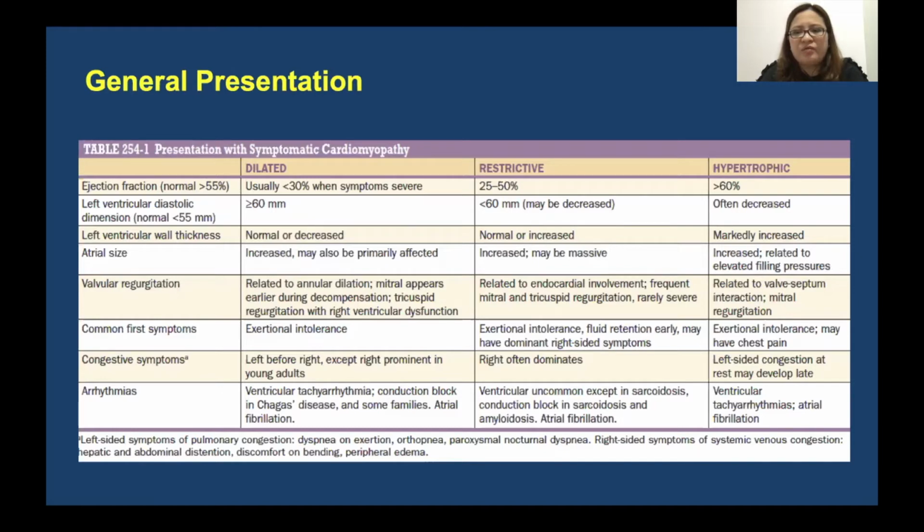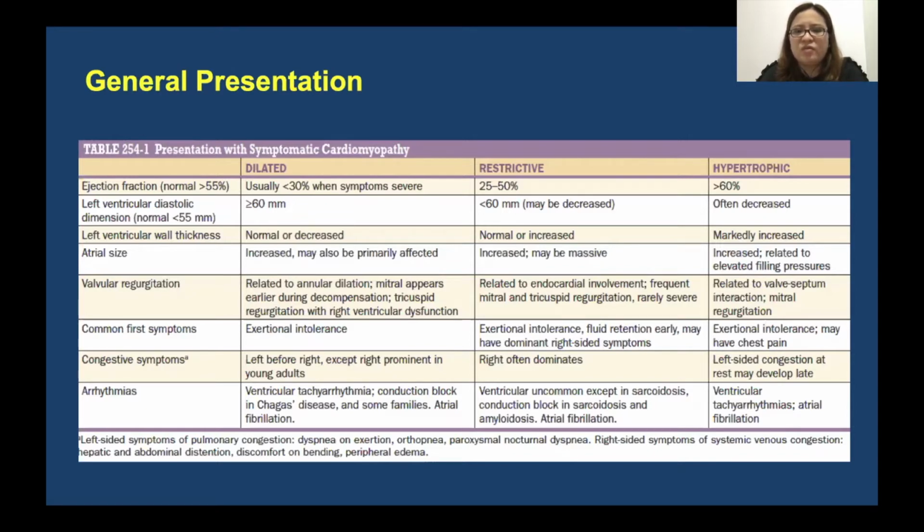In hypertrophic, valvular regurgitation is only in the mitral valve. For the symptomatology, the first presenting symptoms of these 3 types of cardiomyopathy, hypertrophic, restrictive, and dilated, all of them initially present with exercise intolerance. However, in restrictive cardiomyopathy,